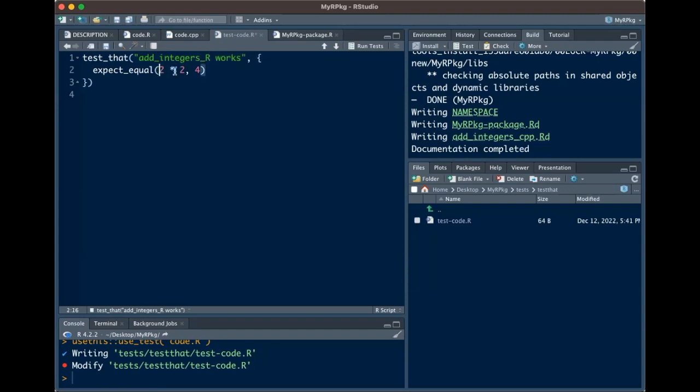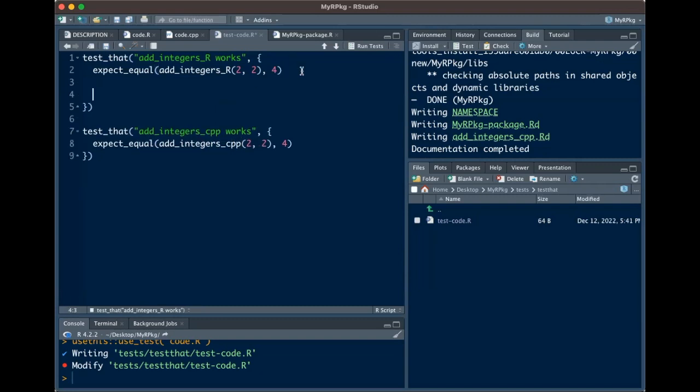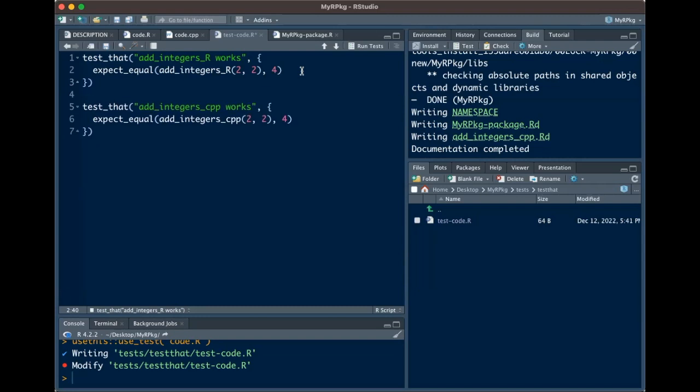add integers R. For instance, we can use an expect_equal test in which we ask add integer applied to 2 and 2 to match 4, which is exactly the result that we expect. And we can do the same for the C++ version of the function. If we want to include our tests, we can do it in the body of the function. We can save, and in order to run these tests, we can either